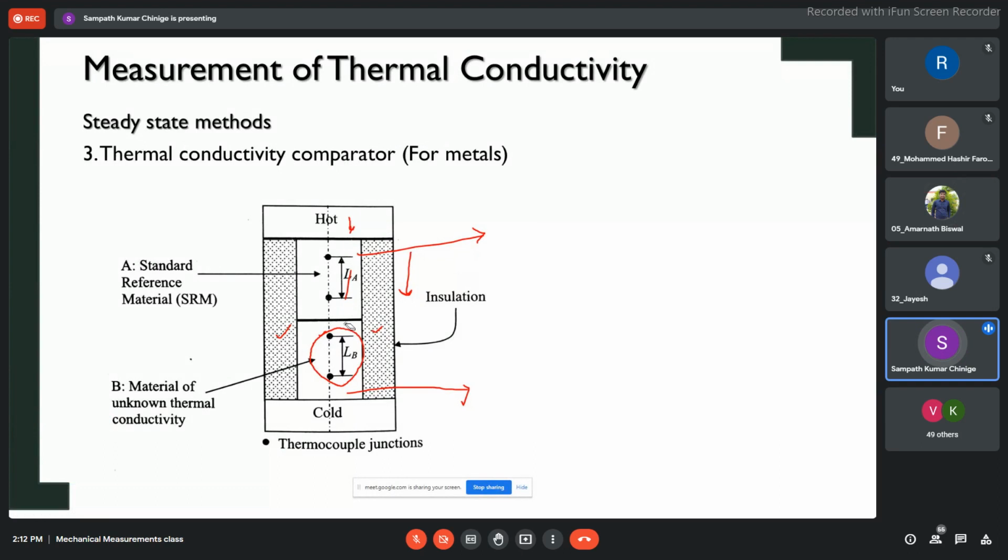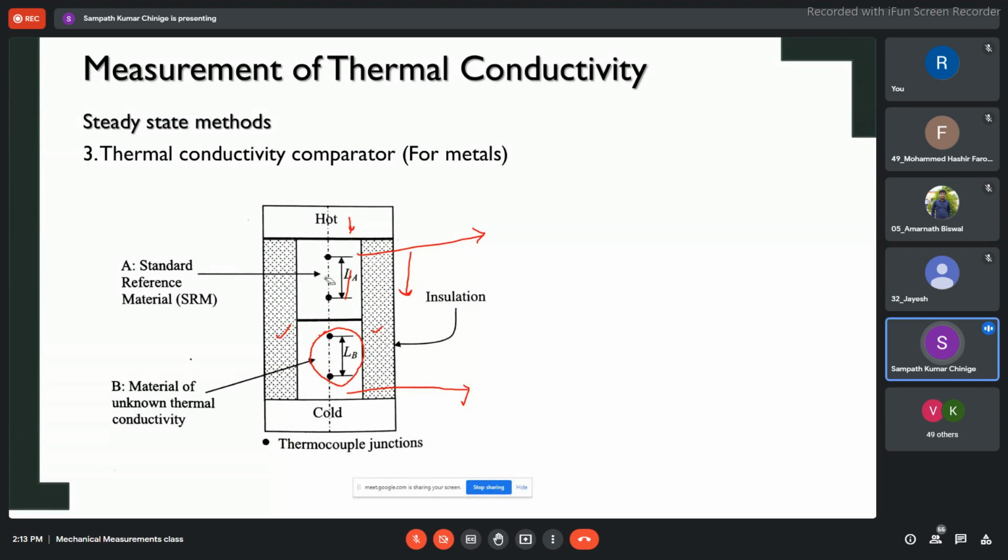Second thing is, we always make sure that by putting some pressure on these two, we are trying to reduce the air gaps where the two materials interface. Initially we may apply some force, but that initial force should not vary the density of the materials itself. So that care you have to take, because density is again a function. Your density of this material should not be varied.